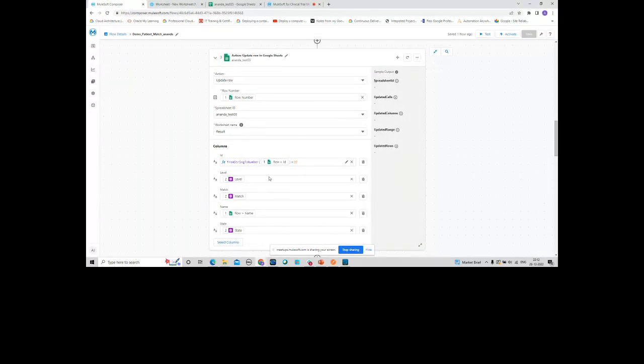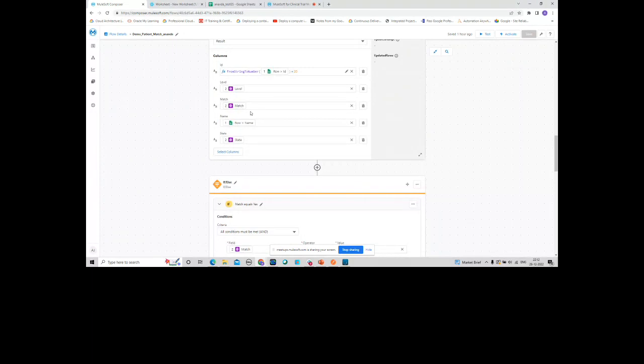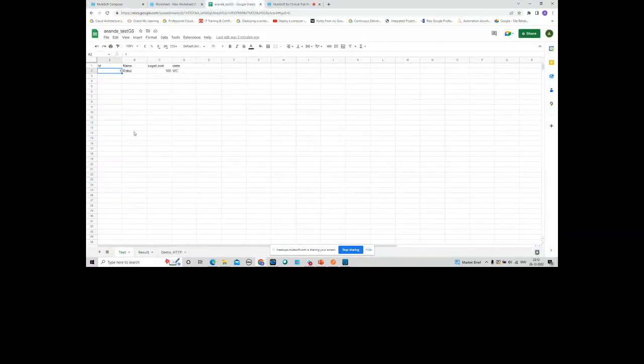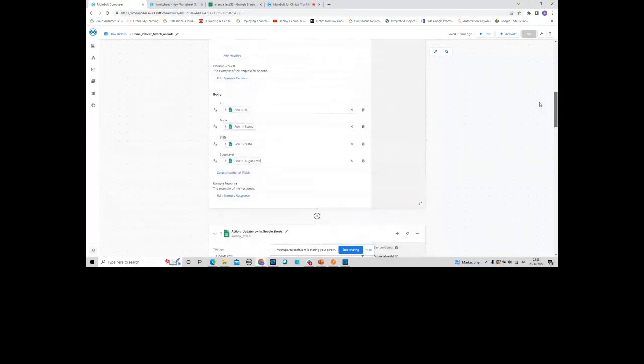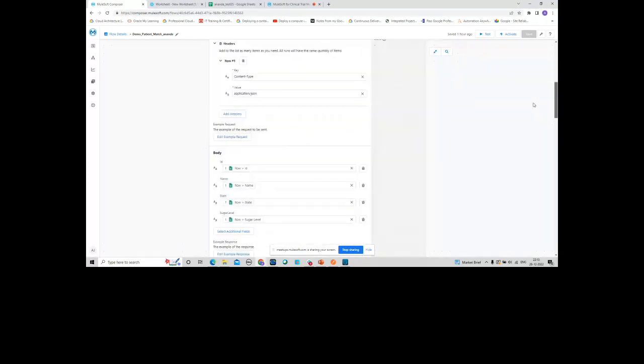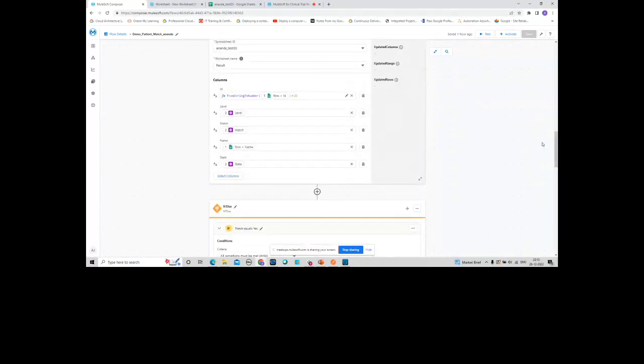This level is what is coming out as output from that MuleSoft REST API. Match is also from there, but ideally you would take this row also from the HTTP response. I'm just taking it from the initial Google sheet. From here I am taking this name value, just to show that, because before this activity you have the Google sheet activity and the HTTP activity, result sets from both applications are available. You can choose any one, and it's all click, no coding is required.